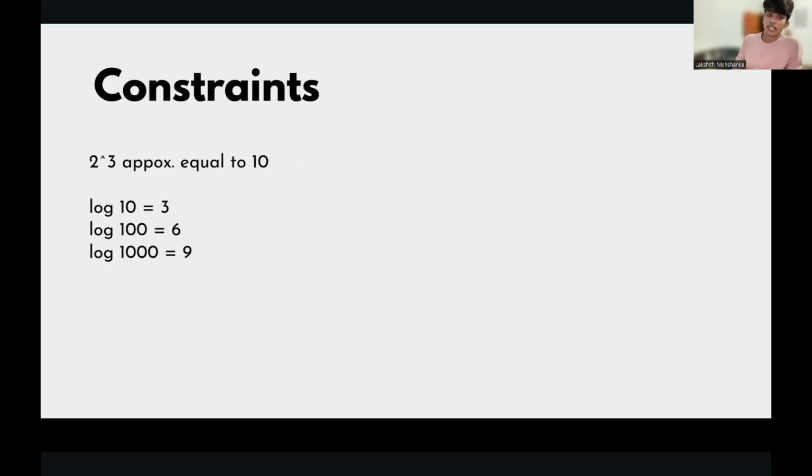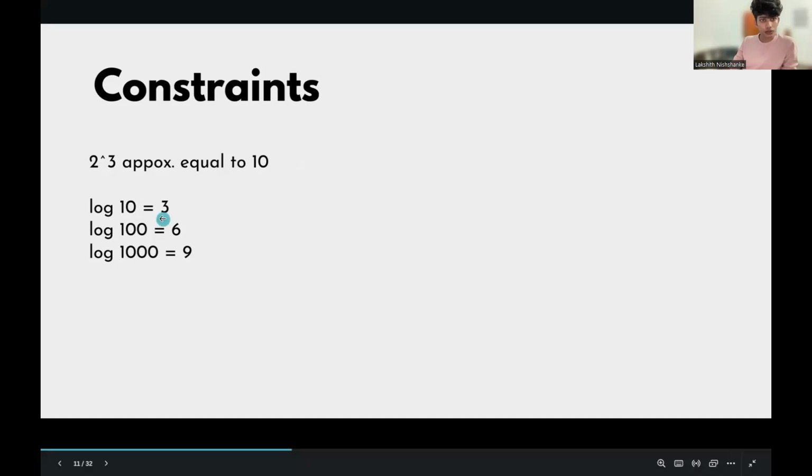Also, another tip for you. We are not used to doing calculations with log base 2, right? So I'm going to show you a trick on how to do this. If you want to get the log of something, input sizes are usually in the order of 10 to the power 1, 2, 3, 4, 5, 6, something like that. So 2 to the power 3 is 8, which is approximately equal to 10. So in that case, wait, let me get on the whiteboard.